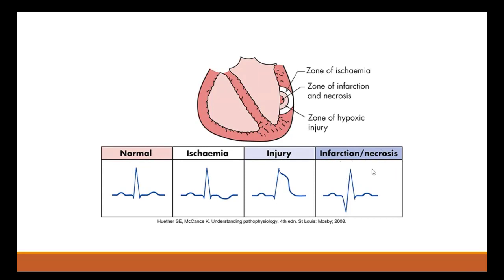Following the injury, when the cells have died, you will have a very prominent Q wave. See, the Q wave is very small usually, Q, R, S, right? The Q wave becomes very prominent. So in infarction, the Q wave becomes very prominent. Initial change would be ST elevation, then there would be Q wave prominence. This Q wave may stay for life. So presence of Q wave can actually give you an idea about infarction in the past.